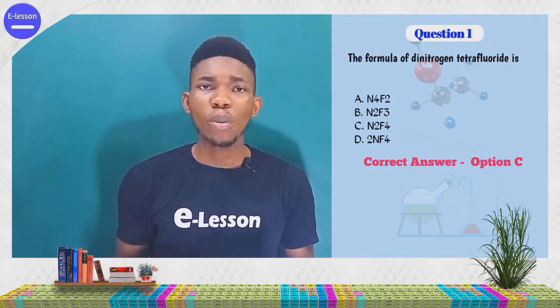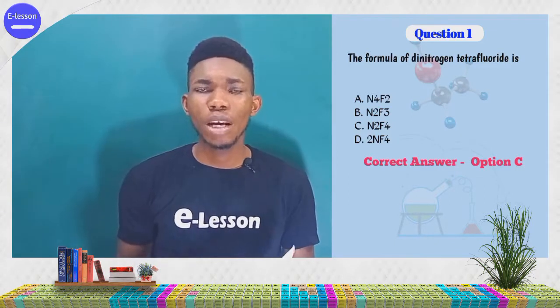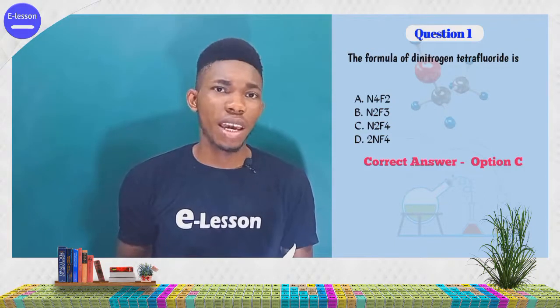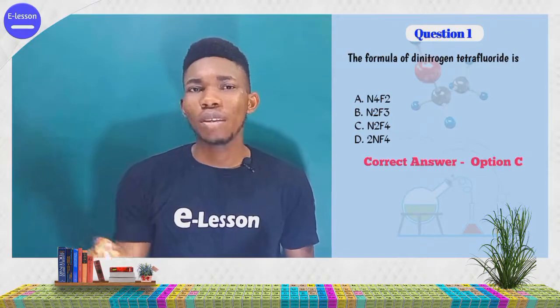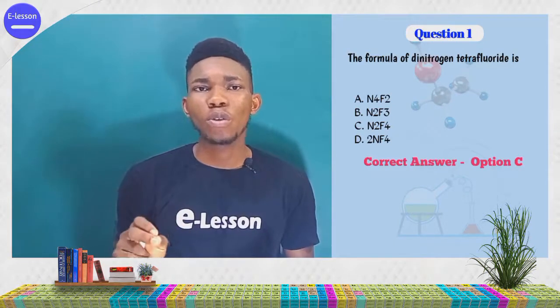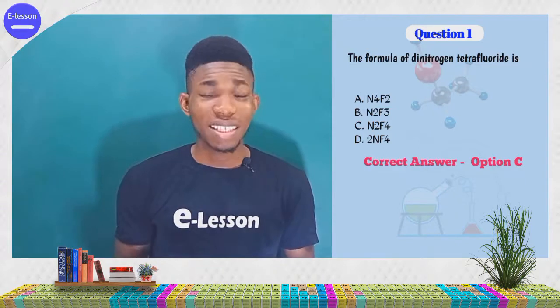If you look at the options very well, dinitrogen means how many atoms of nitrogen? 2 atoms of nitrogen. Then tetrafluoride. When you hear the word tetra, what comes to your mind? 4. Are we getting it now? So the correct answer to that question is option C,